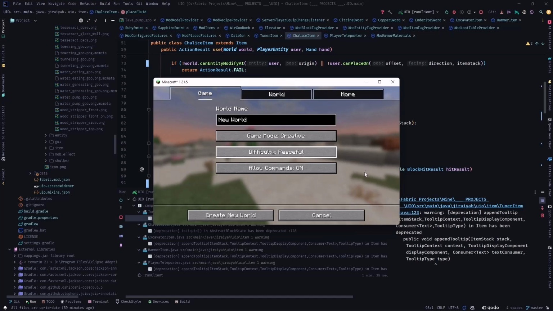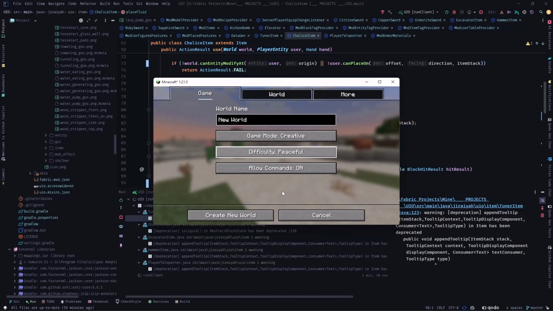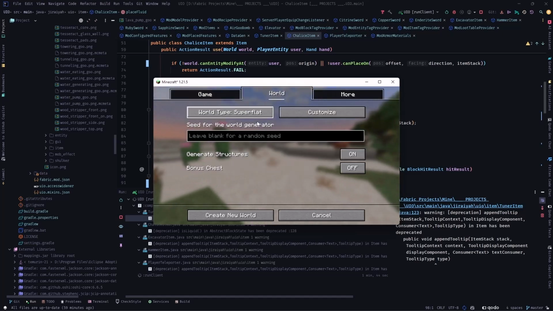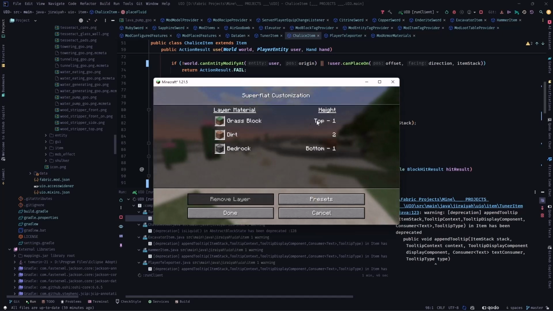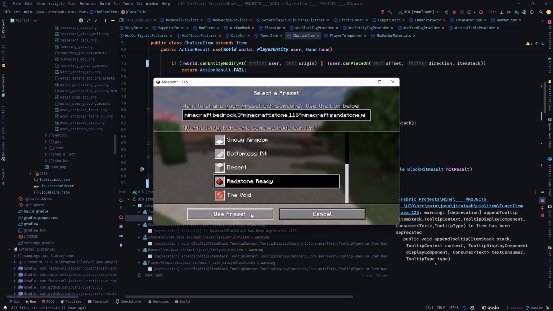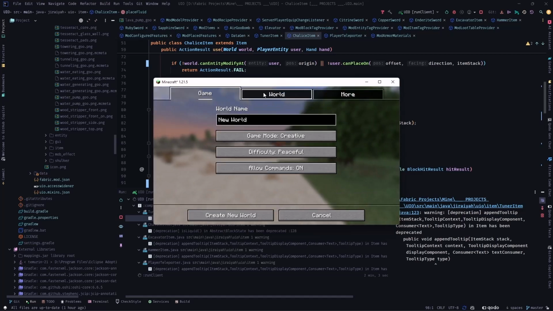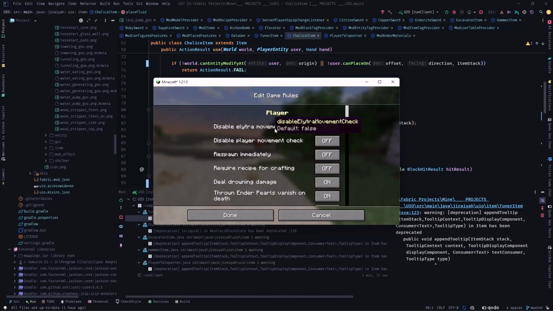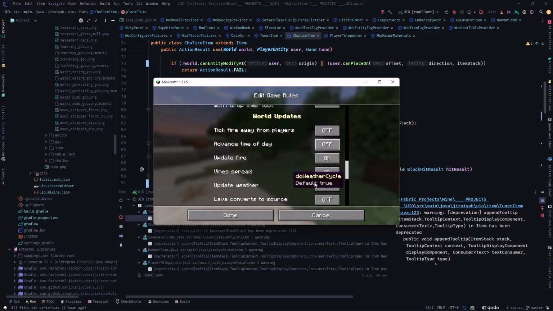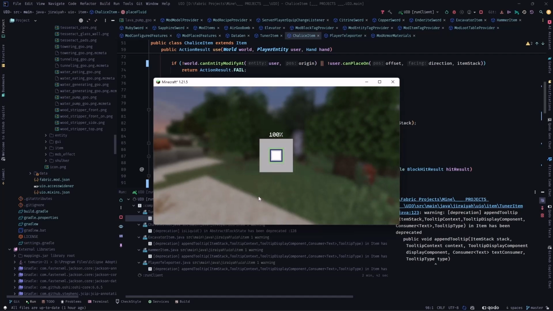And you notice that I'm getting lag from playing the background animations. The world is super flat and customized. Presets, let's go with, I don't know, redstone ready, why not? Sandstone, stone, bedrock, okay. And done and more. Actually, no generated structures. Game rules, advanced time of day, and update weather. Okay, done, create. Let's see if things behave the way they should or not, because this is the moment